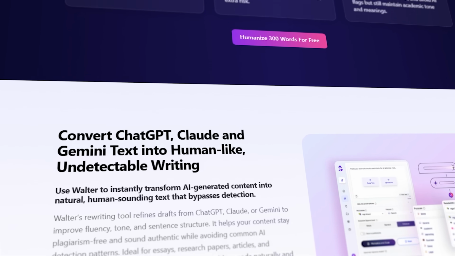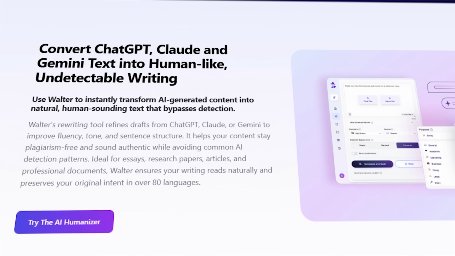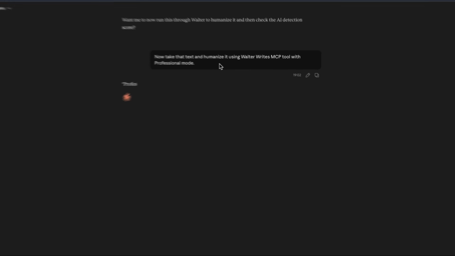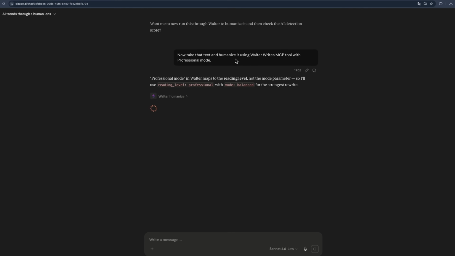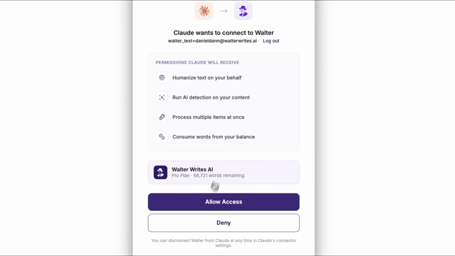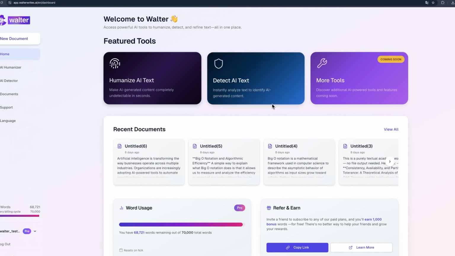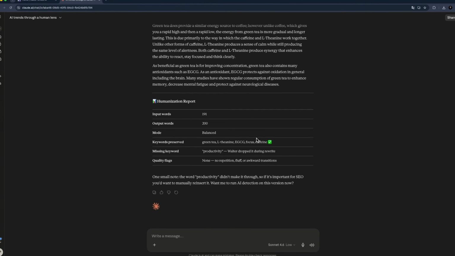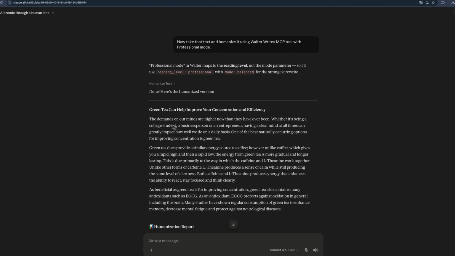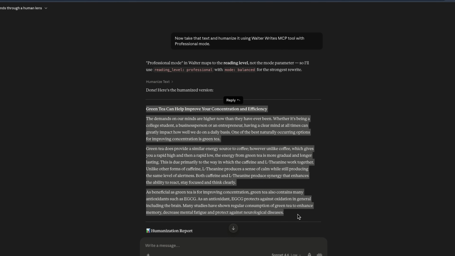walterwrites is positioned as one of the best AI humanizers for Claude in 2026. It lets you humanize AI-generated text directly inside your Claude workflow via MCP. My name is Daniel, and today we are looking at walterwrites MCP for Claude. In this video, we'll install this tool, generate content inside Claude, humanize AI text, and compare the detector results before